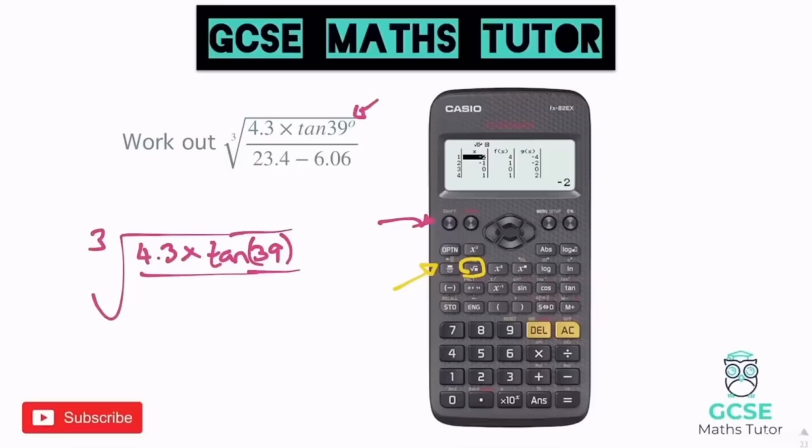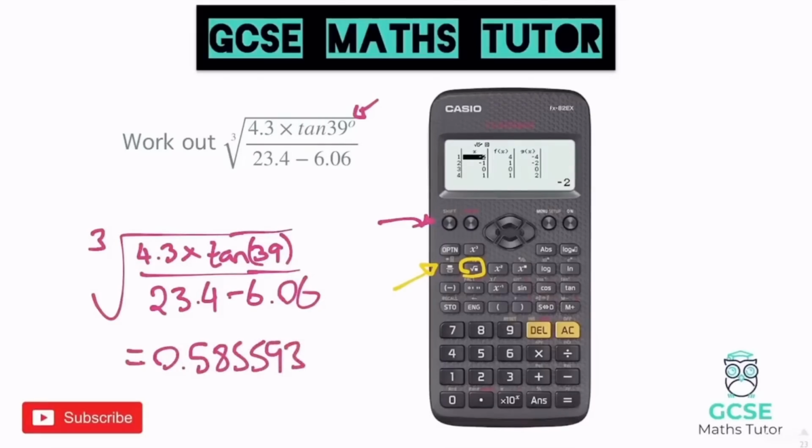We've got 4.3 multiplied by tan, open brackets, 39, close the brackets. Press your down button on the calculator to go into the bottom of the fraction, and type this sum in here: 23.4 take away 6.06. Make sure at this point you write all the numbers down. That equals 0.585593423. Now some calculators may go beyond this, depending on what the answer is on the calculator, but it tends